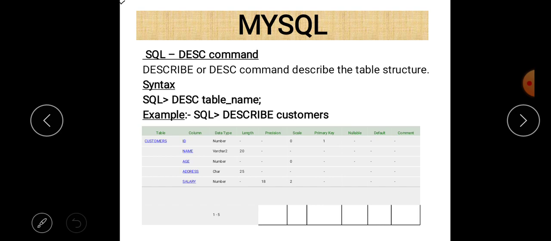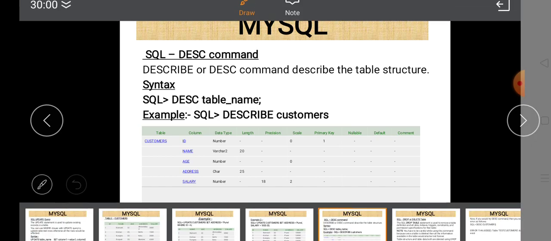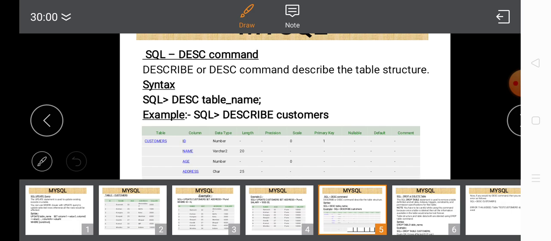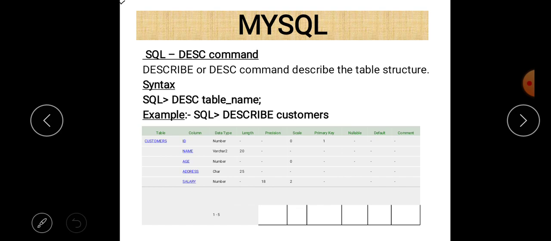If you write DESC after the table name, the information related to that table will be displayed on the screen. How many columns are there, what type of columns, what type of constraints are applied on that table. So you can easily see here, I just described a table named customer. All the information related to the customer table is there: what data types are used for particular columns, how many columns there are, what the names of the different columns are, and what conditions are imposed on those columns. All the information related to that table customer will be displayed on the screen.